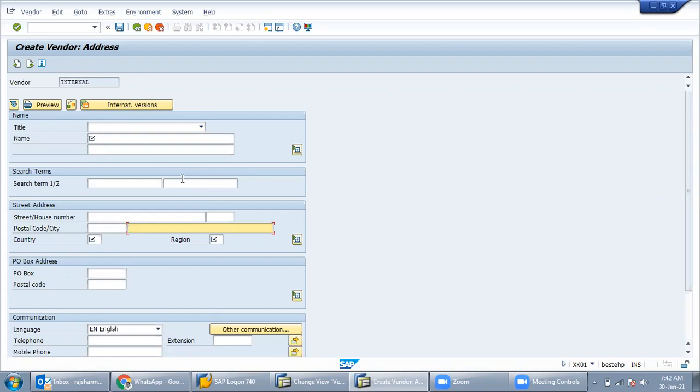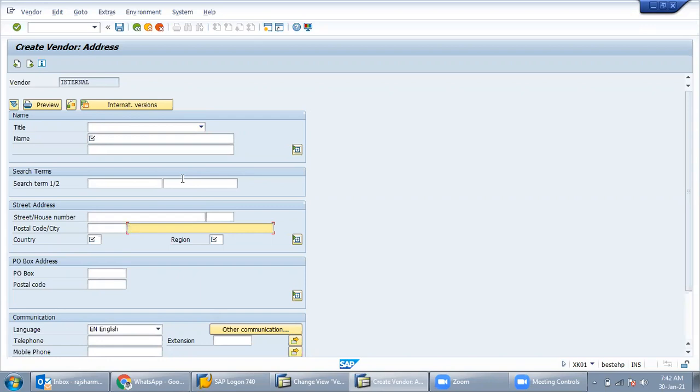So, sir, in vendor master data, which part of this flow is done or is the responsibility of the SAP consultant? In vendor master data, this account group section is done by the FI guy.